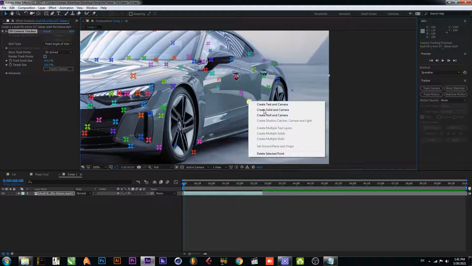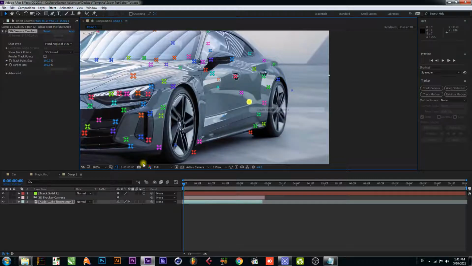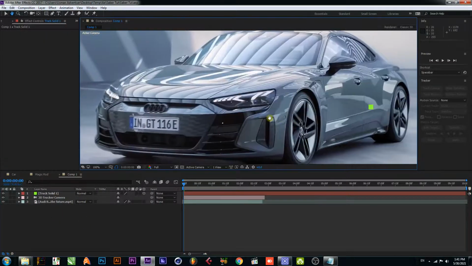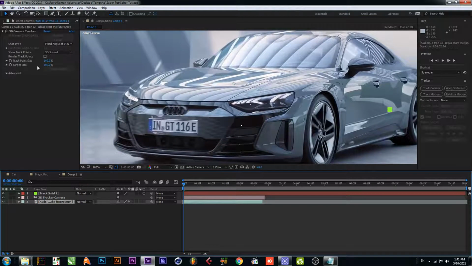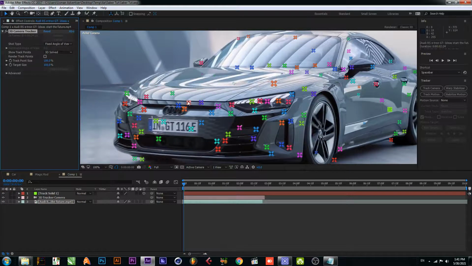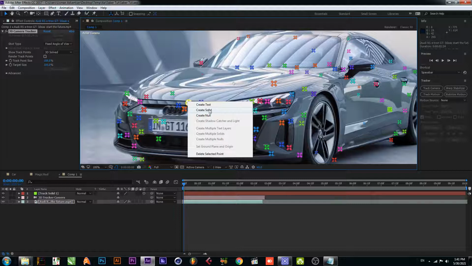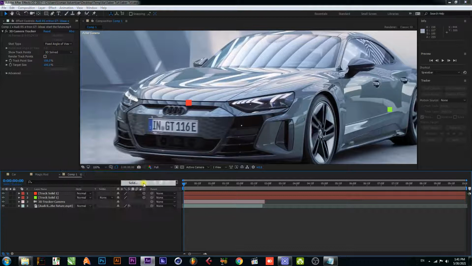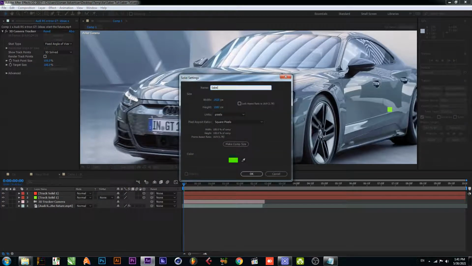So right click and create. Click on create and solid and camera. Okay. Select one more area like this. Click on create solid. Okay, now create new solid and rename